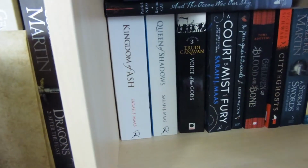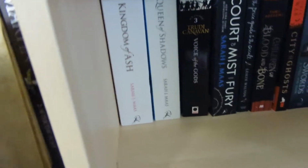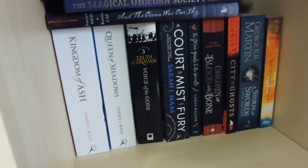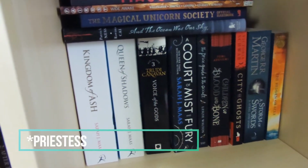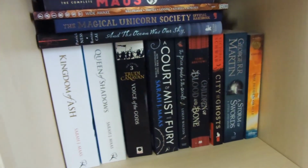So starting from Kingdom of Ash, we've got obviously Kingdom of Ash, Queen of Shadows. I popped them in the complete wrong order, and I know I'm missing Tower of Dawn, but that's just to remind me to continue on with Queen of Shadows from the Throne of Glass series by Sarah J. Maas. Then we've got Trudi Canavan's Voice of the Gods, which is the final book in the Age of the Five trilogy. Then we're continuing on with A Court of Mist and Fury by Sarah J. Maas,